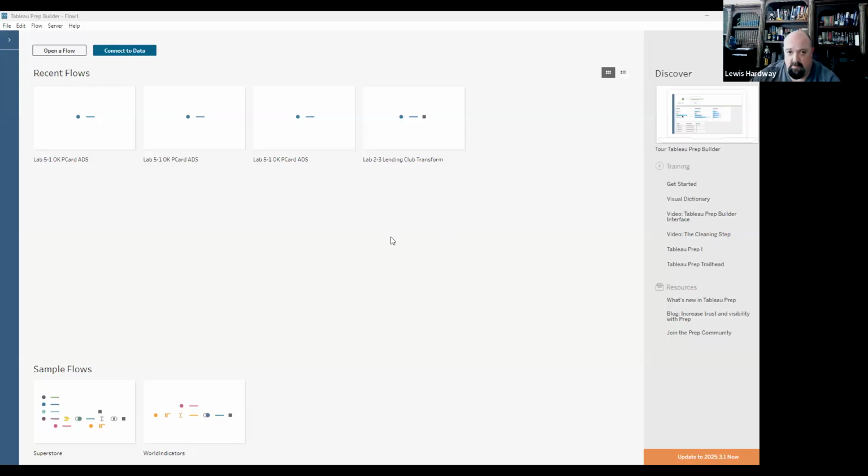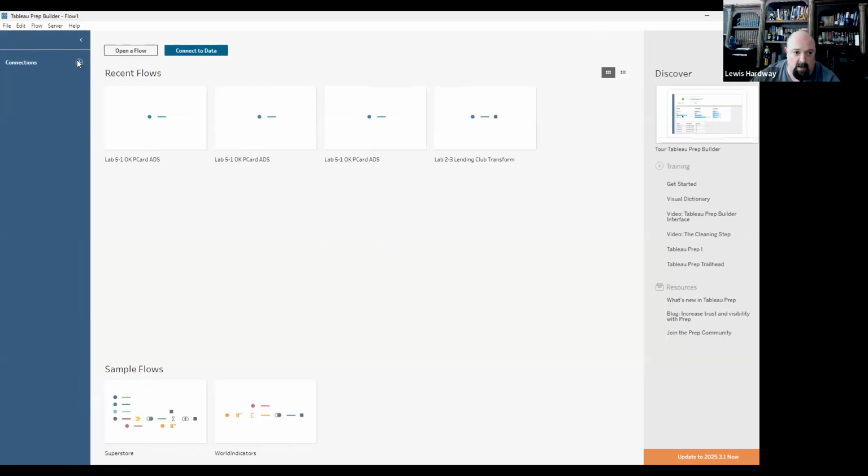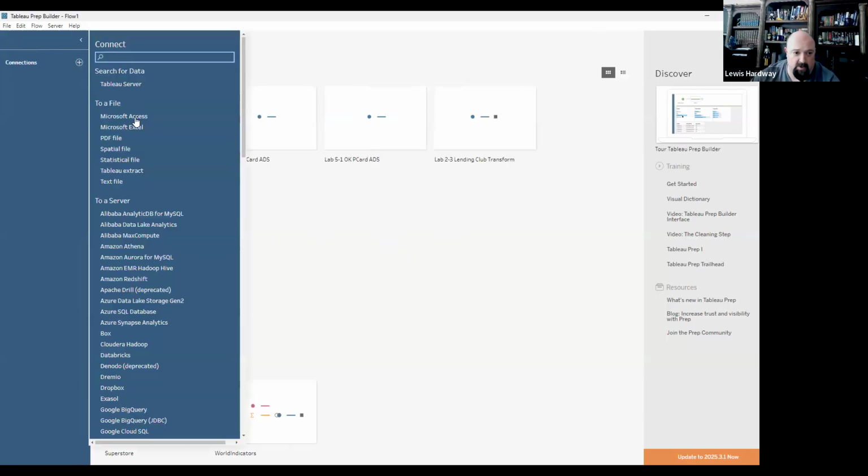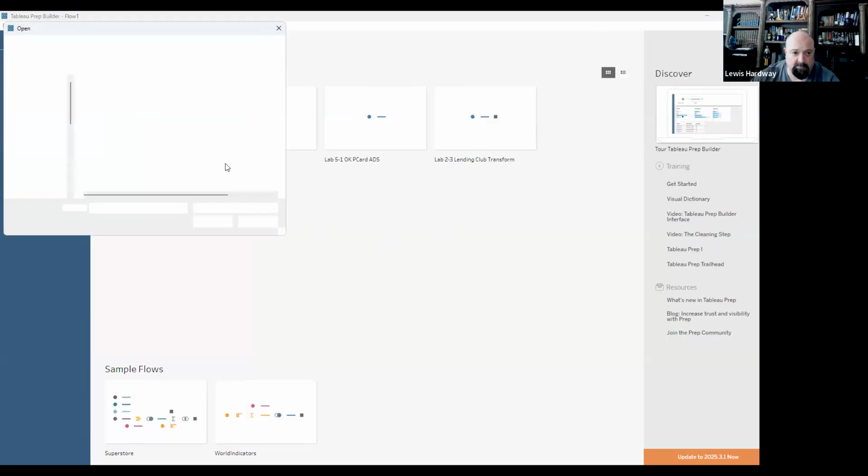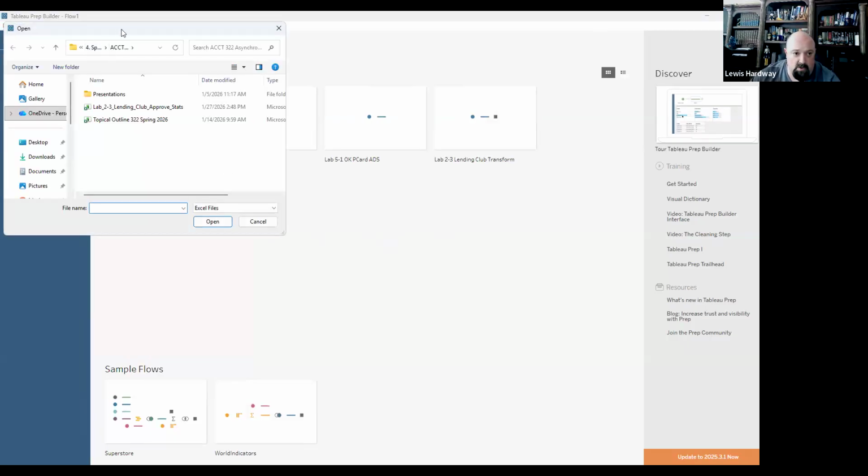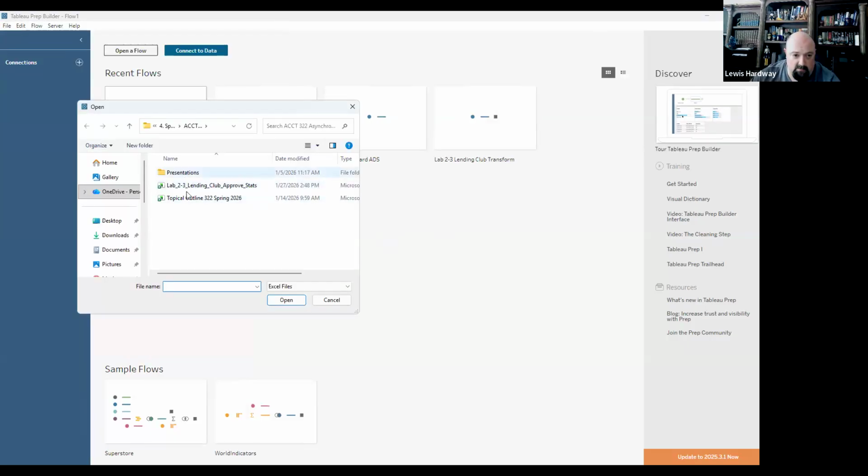So you should be seeing my Tableau Prep Builder screen. So I'm going to click my arrow, click my plus sign for connections. I'm going to connect to Excel. And it's already in the place where I have the file. Now, a couple things. One, if the file is